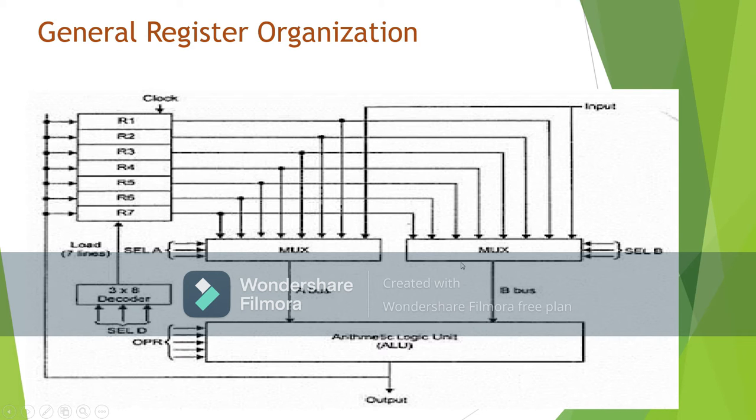Here we get the output, meaning one of the registers will get selected, and that will be available at the output, which is connected as an input to the arithmetic and logic unit. So this arithmetic and logic unit will receive the data from these multiplexer outputs, and then the arithmetic or logical operation will be performed on them. Now the output or result of this operation is stored again in one of these 7 registers, and that register can be selected by using this 3:8 line decoder.